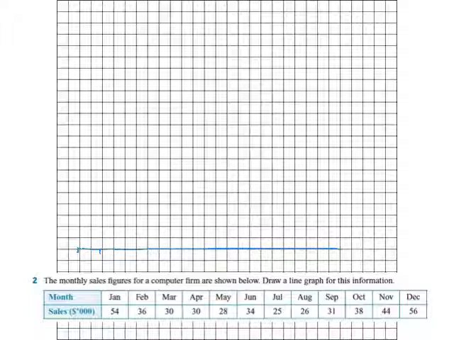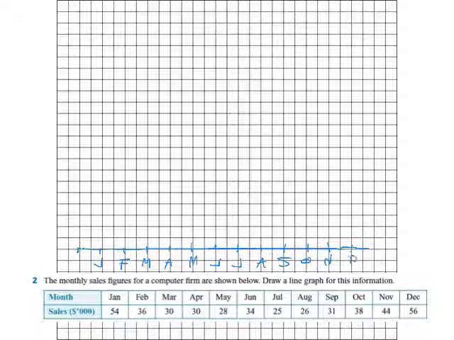So I'm going to have January here, February here, March, April, May, and it's vital that you have each thing along that axis at the same distance from each other. September, October, November, I need one more,